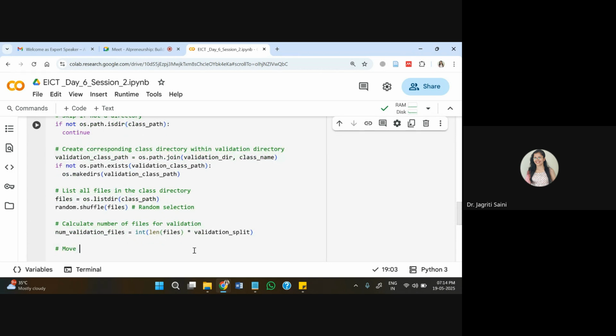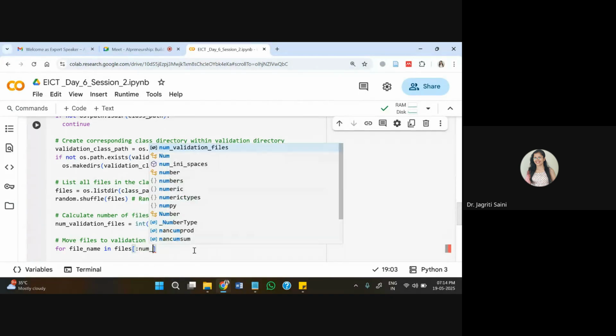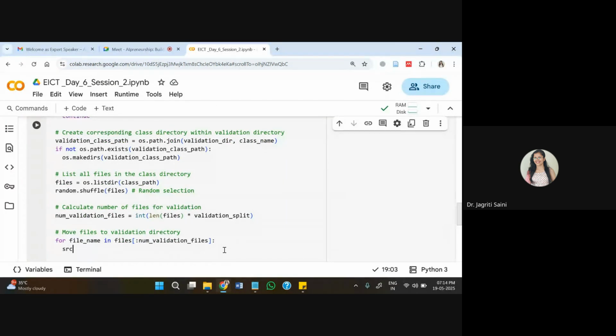And now ultimately move files to the validation directory, and for this the file name in files we will pass the number of validation files that we have extracted from here, all of them will be inserted next. Then source file information we need to provide.